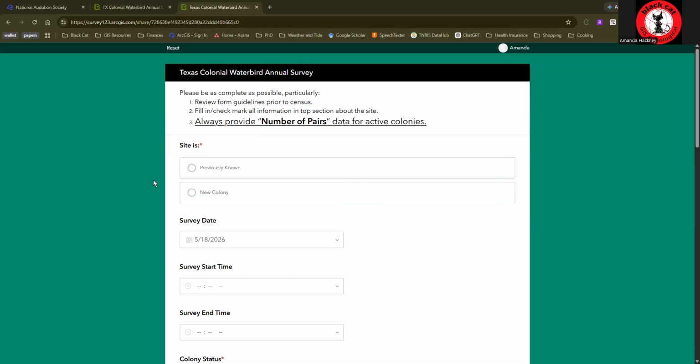So when you pull up the link, you do have the option to open it in a browser like this or in your Survey123 app. If you're out in the field and you want to use this, you can open it in the Survey123 app and collect it right there out on the boat, whatever you'd like to do. I personally like to do it later when I get back to the office after scribbling my notes on a